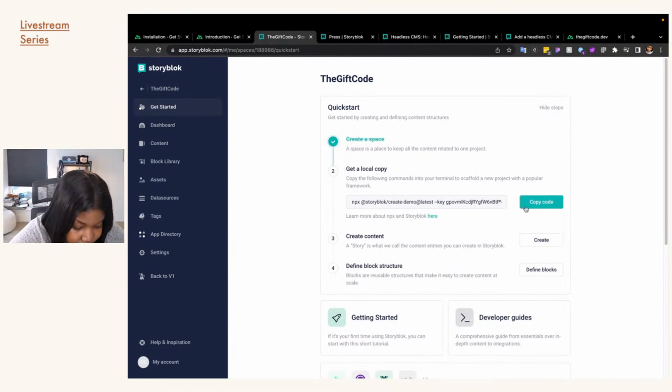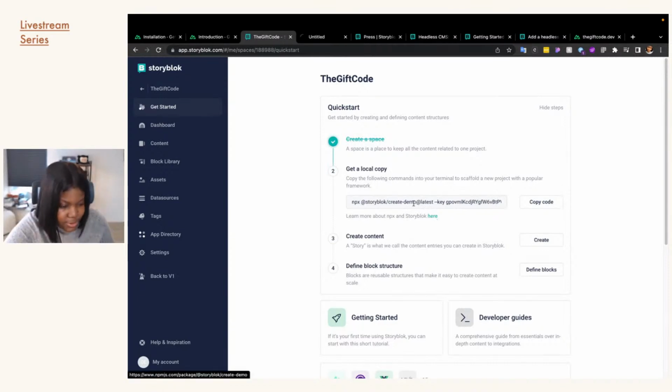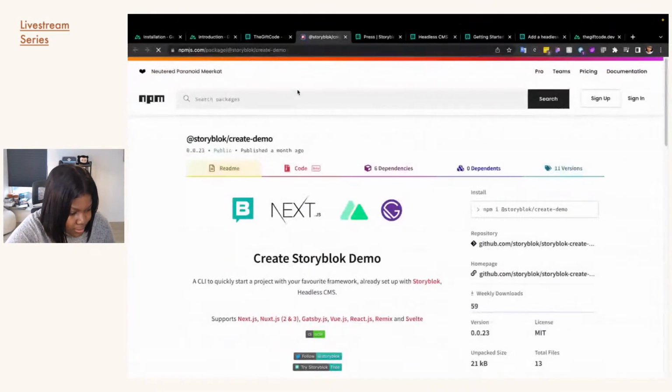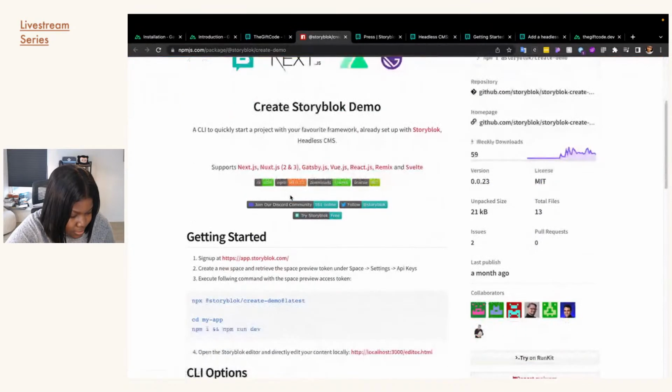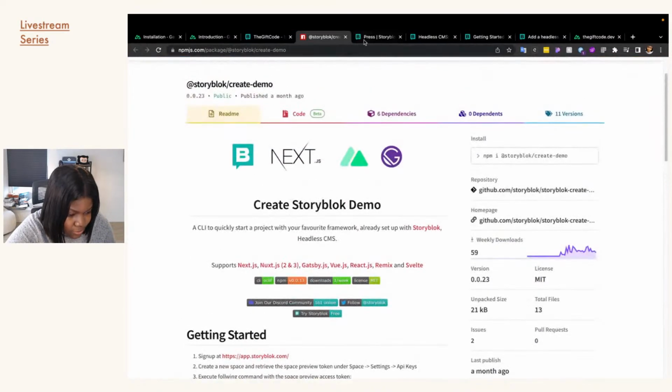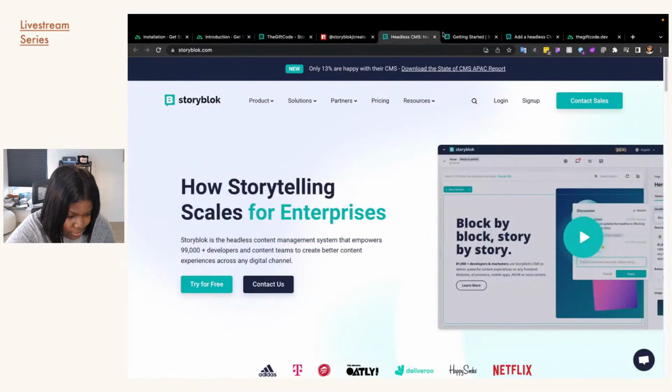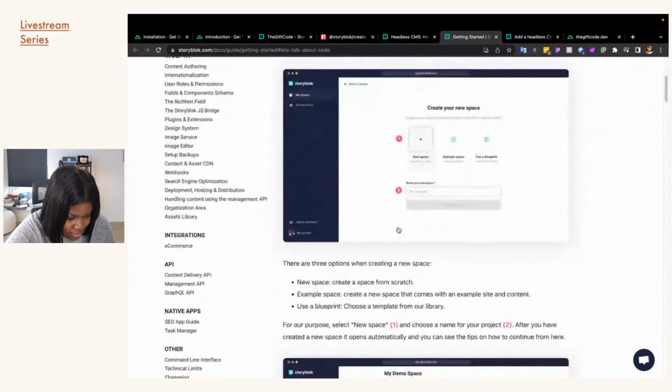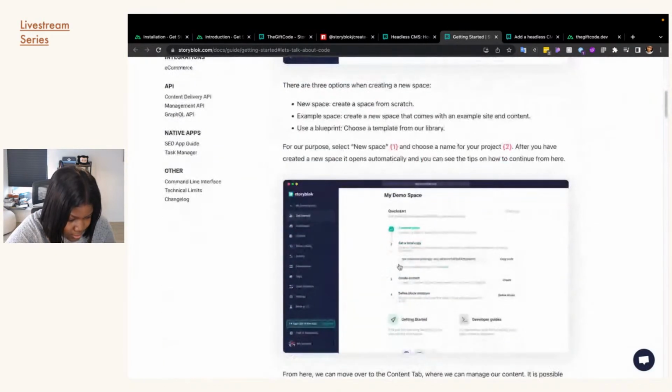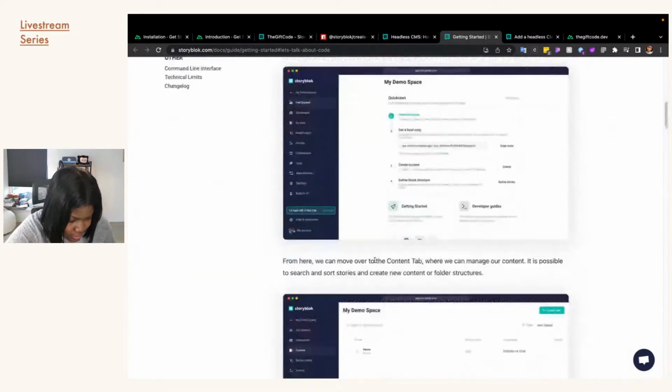So the next thing I need to do is install the Storyblock. What is this? Create demo at latest. I think I should use their docs instead. Let me just confirm if that's what I should be installing. So create a space. After creating the space,